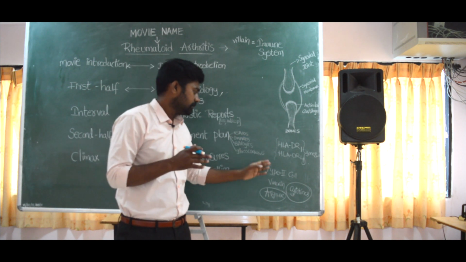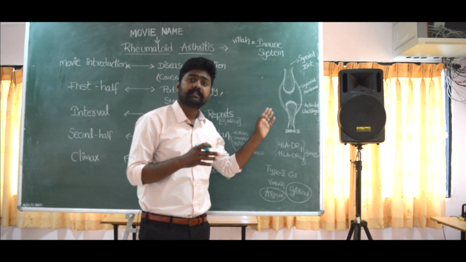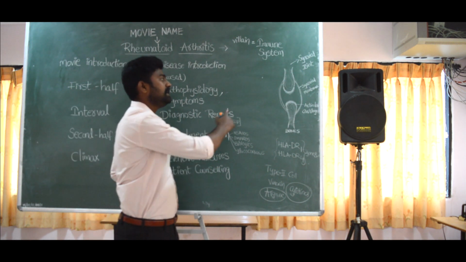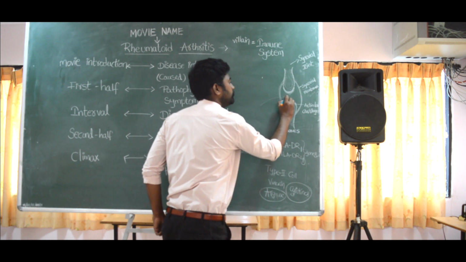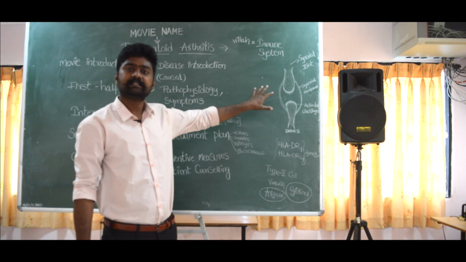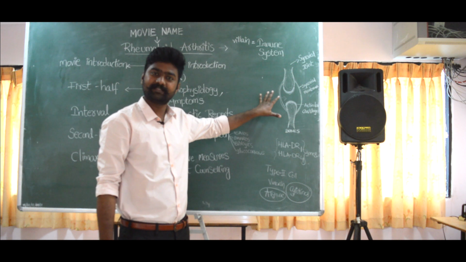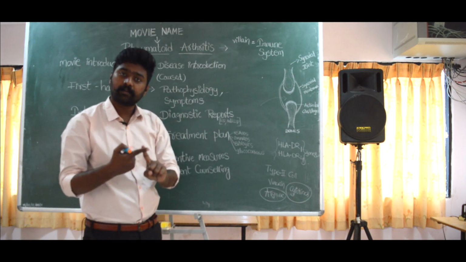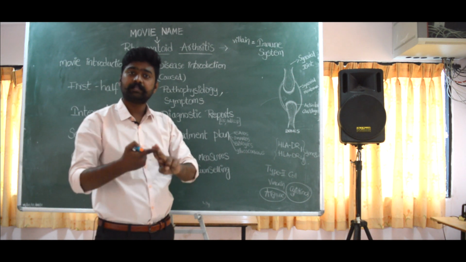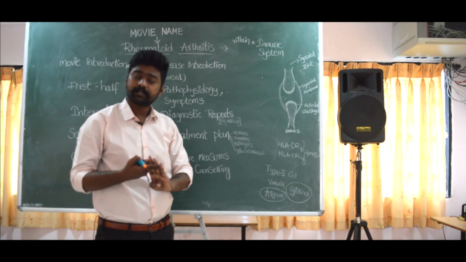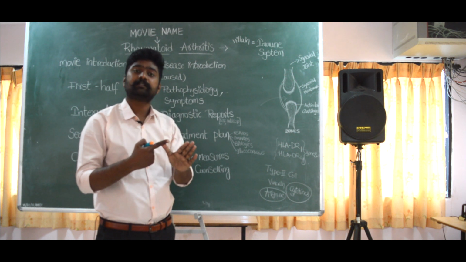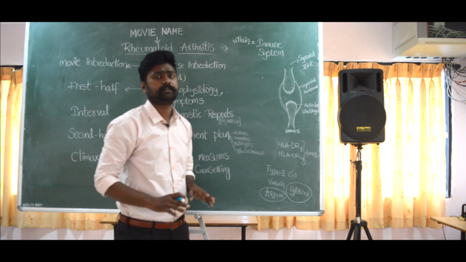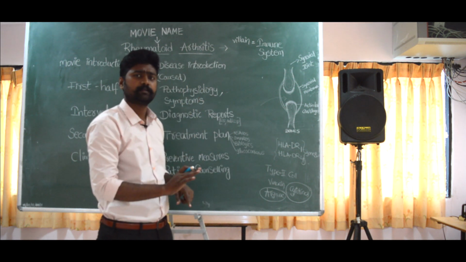Okay, now what do these T cells and antibodies do? They start entering the blood circulation and they reach the joint over here. So when the T cells reach the joint, what happens? They start secreting cytokines like interferon gamma, interleukin 6, interleukin 1, interleukin 17, tumor necrosis factor alpha, etc. They secrete all those inflammatory mediators and start inflammation over there.